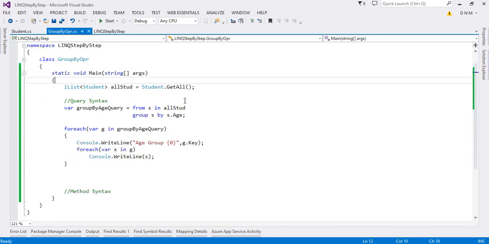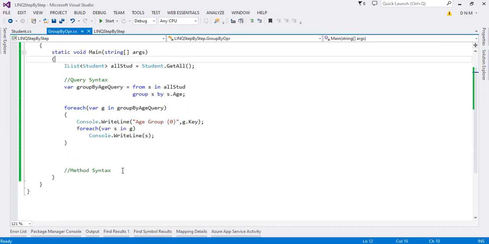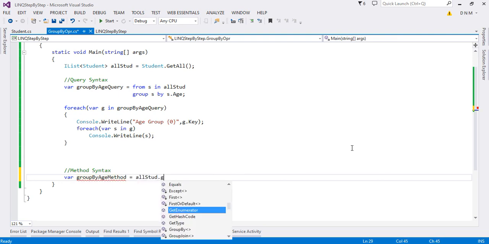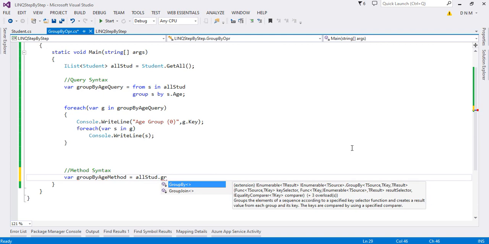Now we will see the method syntax for the same. So method syntax is again going to be easy. Say groupByAge, I'm again going to group it by age, and let me put the suffix Method. So here you have to call the method GroupBy, that's it.